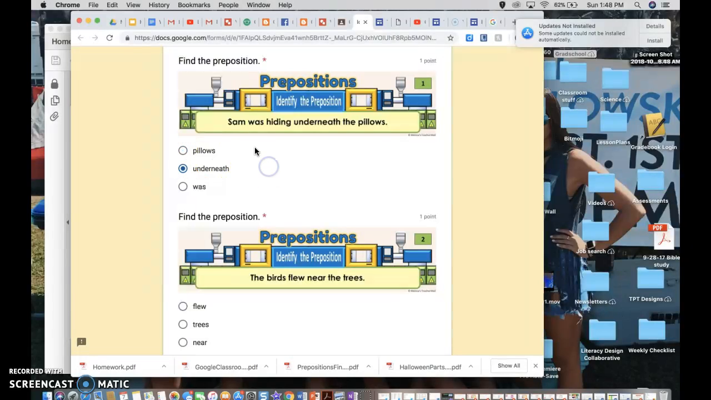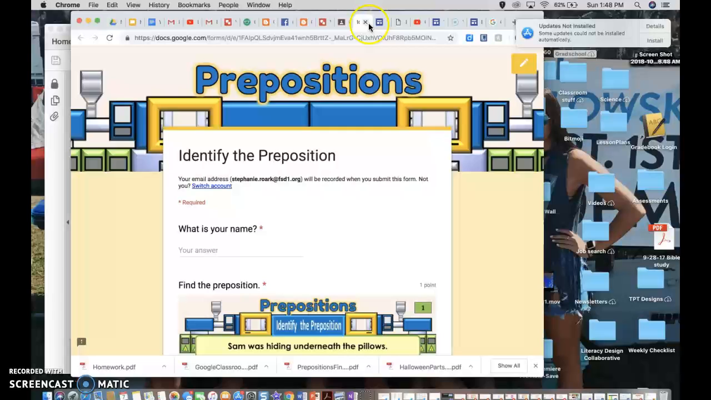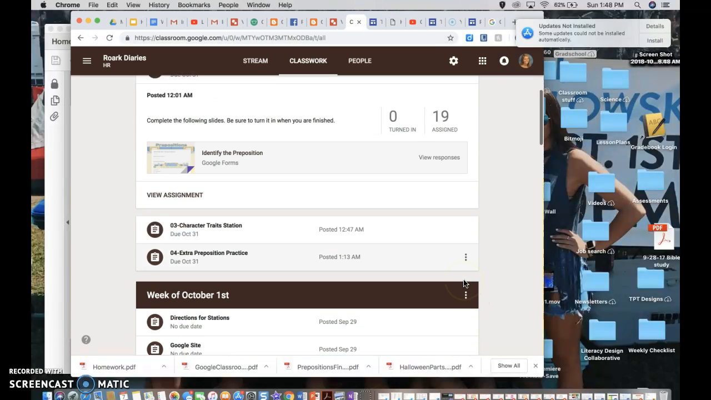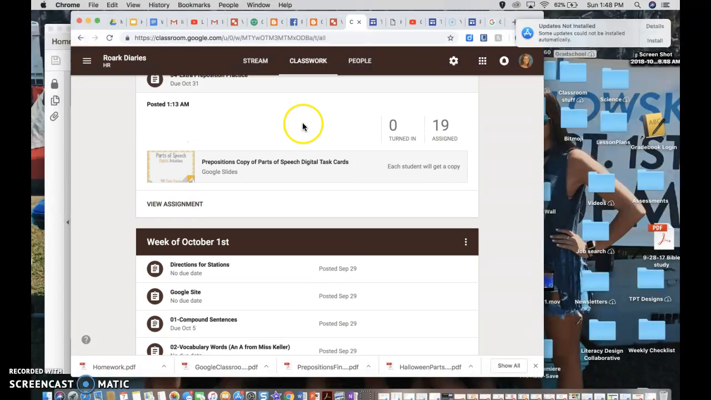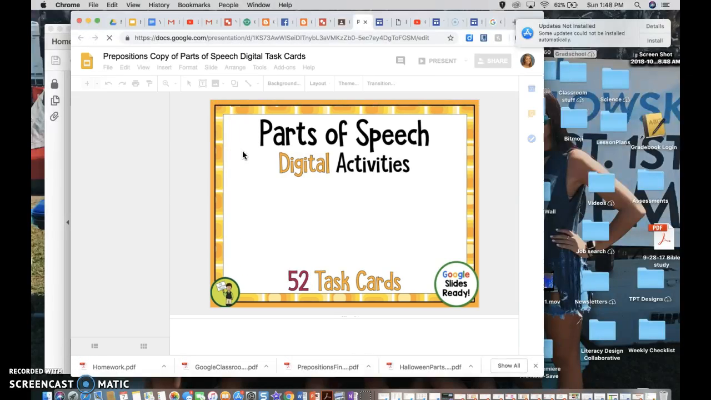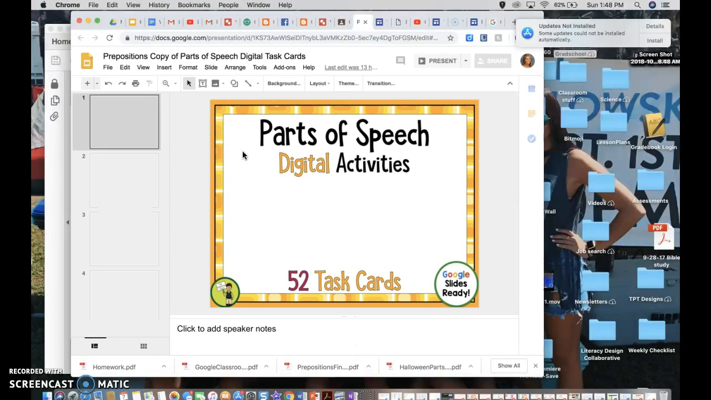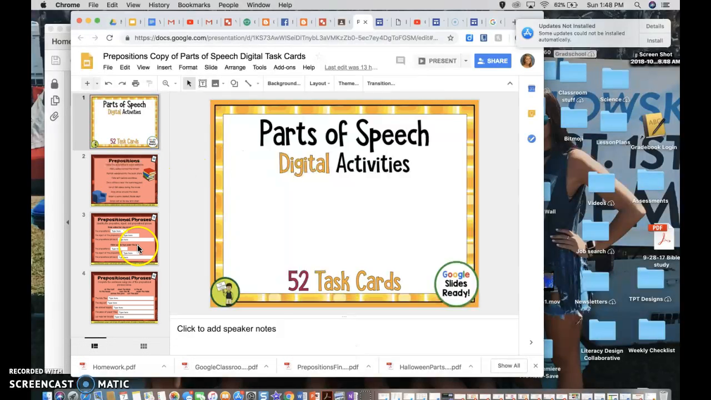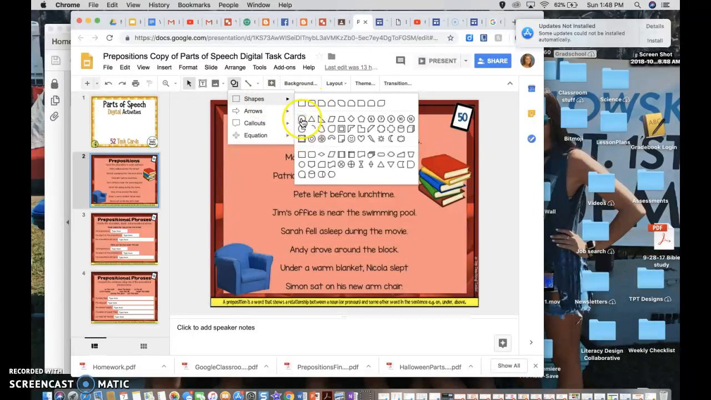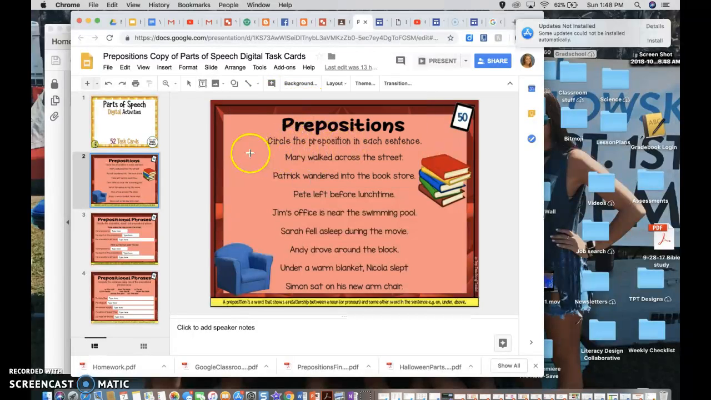And I did the first one for you. And after you finish that, click your X. Click Turn In. And if you want some extra preposition practice for your quiz, here are some task cards. And I've erased all the others, so you're only focusing on prepositions. So here it says to circle the preposition in each sentence. You're going to go to your shapes, circle the preposition, draw your circle,